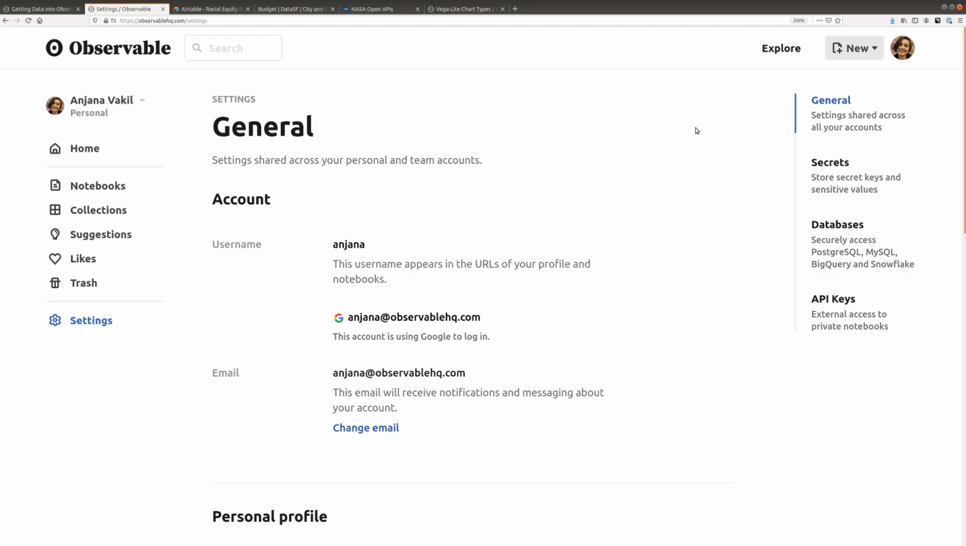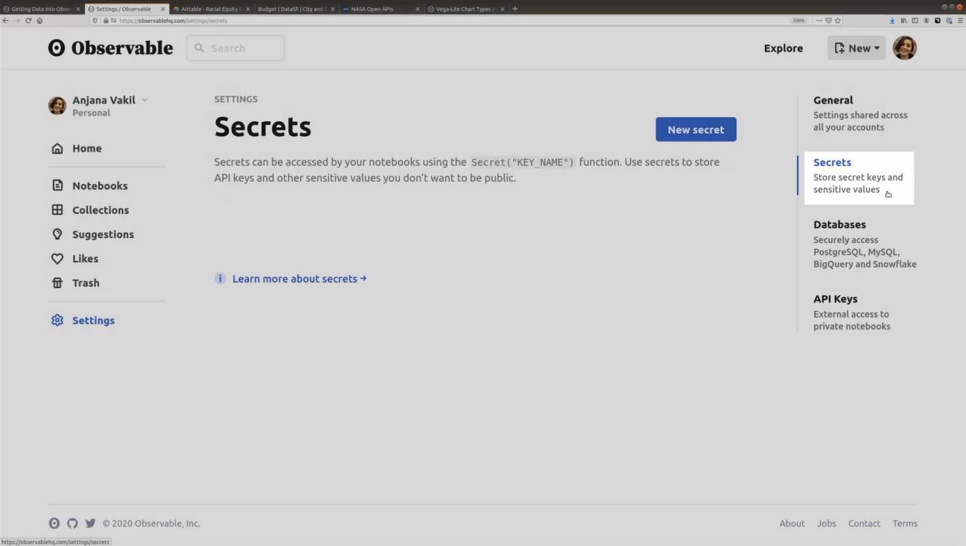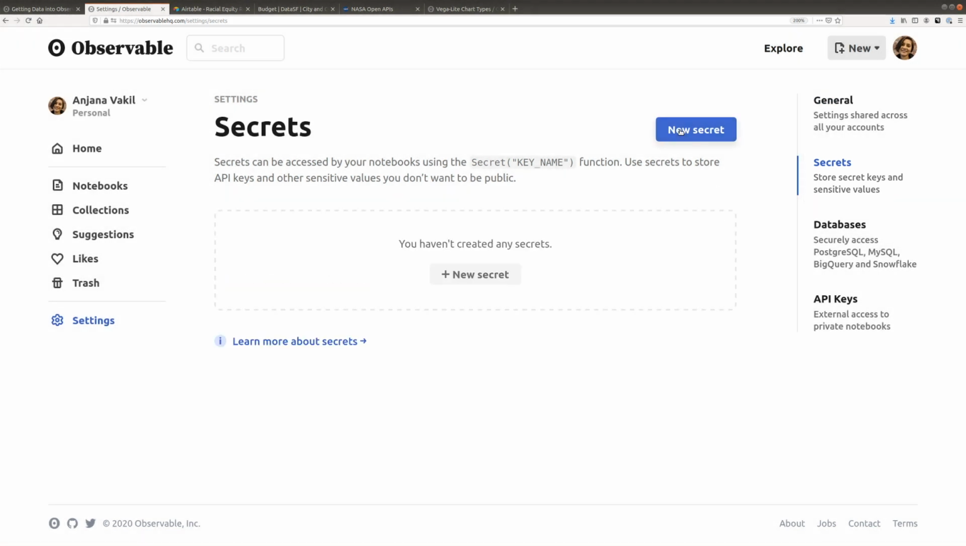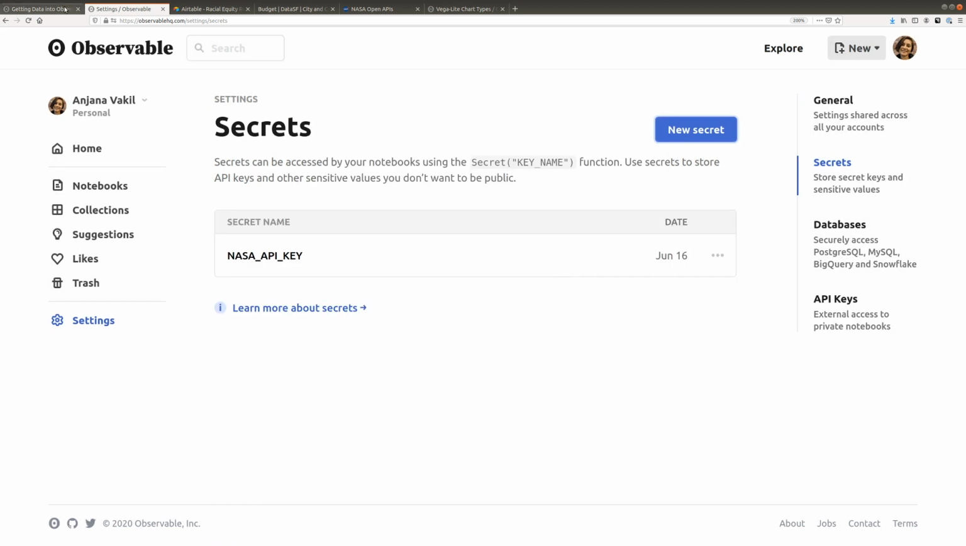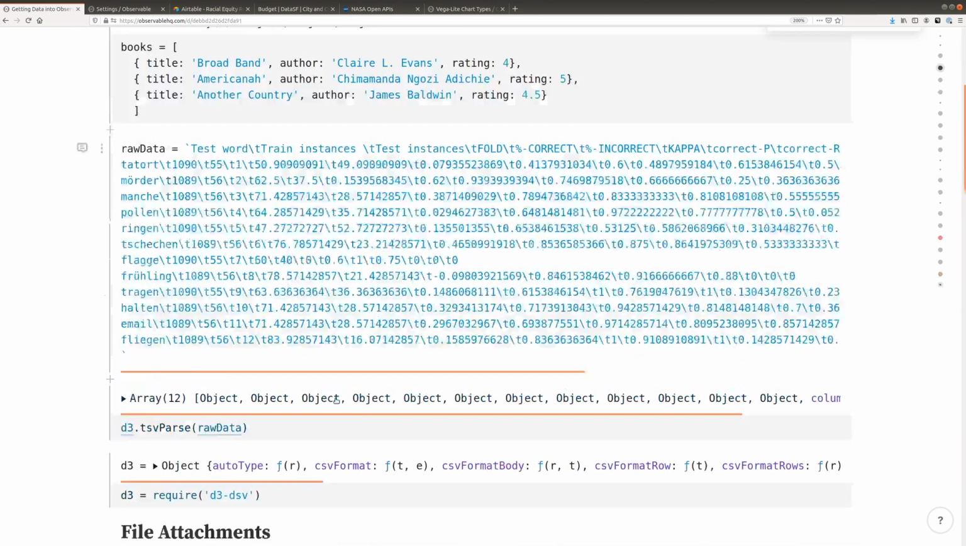on my settings page, go to the Secrets tab on the right, I have the option to add a new secret to my account. Let's name this one NASA API key. And usually I would put some super secret value here, but in this example, I'll just use the public demo key that NASA provides. Okay, once that's saved, back in my notebook, or any private notebook,